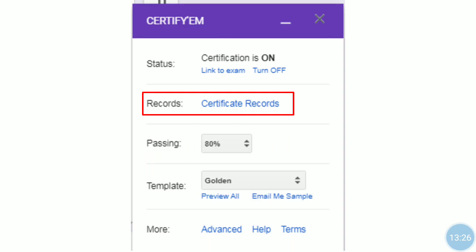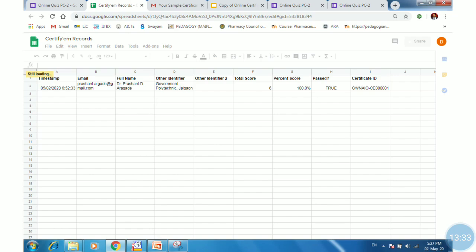If you open the control panel of Certify M, it will show you a certificate records option. If you click on it, it will give a list of exam takers who have passed with their certificate ID. So by observing these certificate records, teachers are able to find out who passed and who failed.